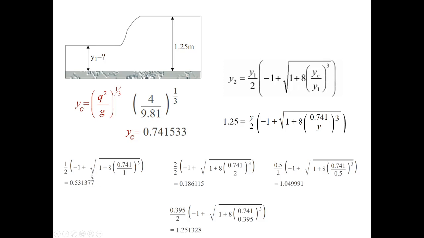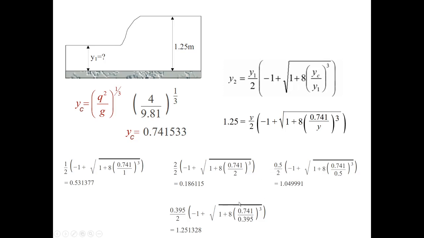It gives me a note that I'm in the wrong direction. I have to reduce the value of y. Instead of 1, I should go to the selection of lower depths. What I did at this third trial, I put y equal to half here and half here. I solved it and I see that y equals 1.04, which is a bit close to the 1.25, and then I again reduce the value